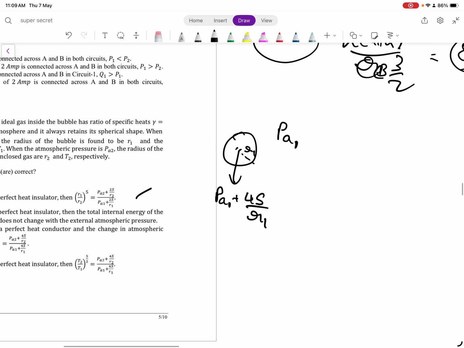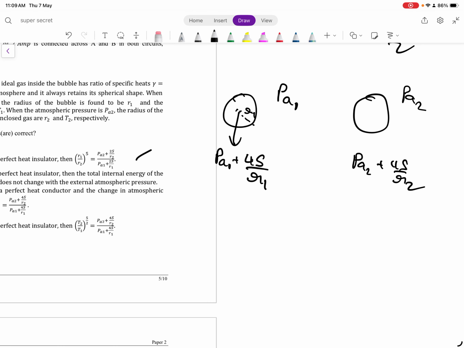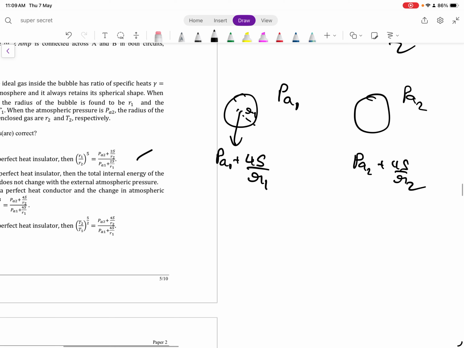And if it's PA2, then we have PA2 plus 4S by R2. And now, since it's adiabatic, so now we have